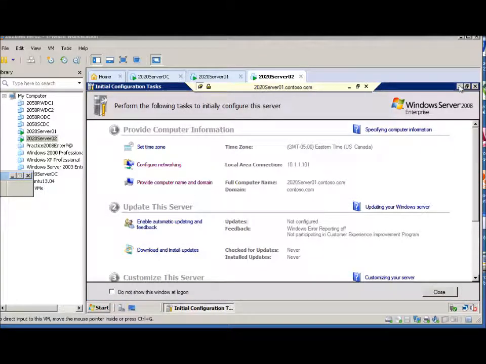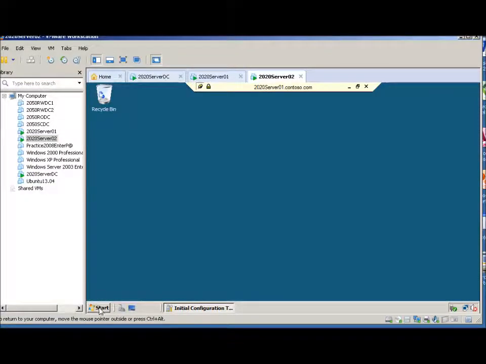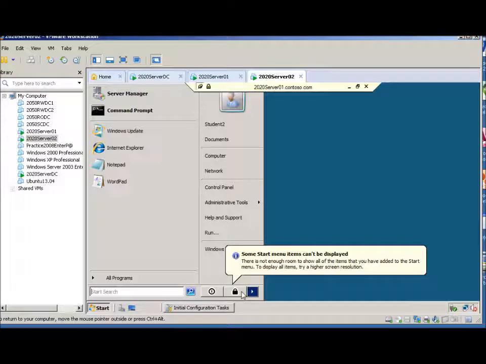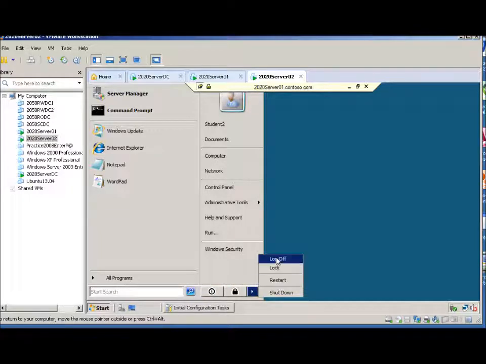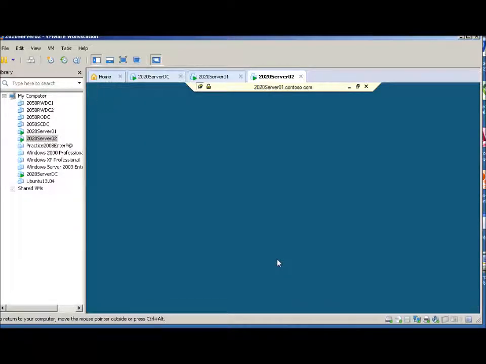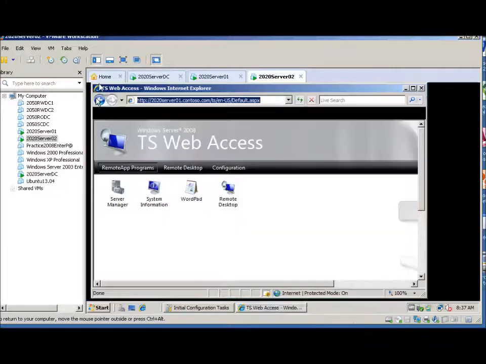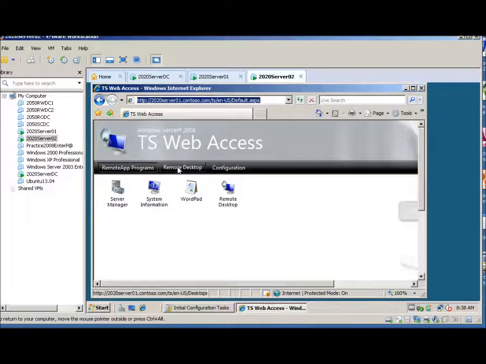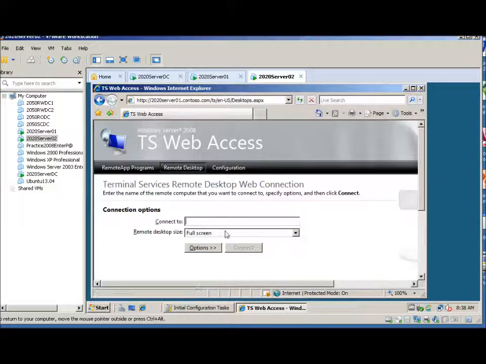So let me log this one off. Let's see what this one does. I think this is the one. This is the one it wanted us to connect to in 10.3, and we wanted to connect to 2020server01